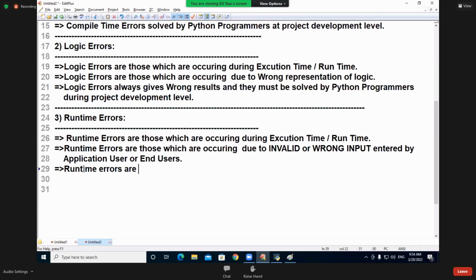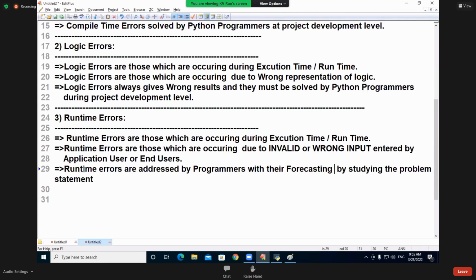Runtime errors are addressed by programmers with their forecasting knowledge, and by studying the problem statement.